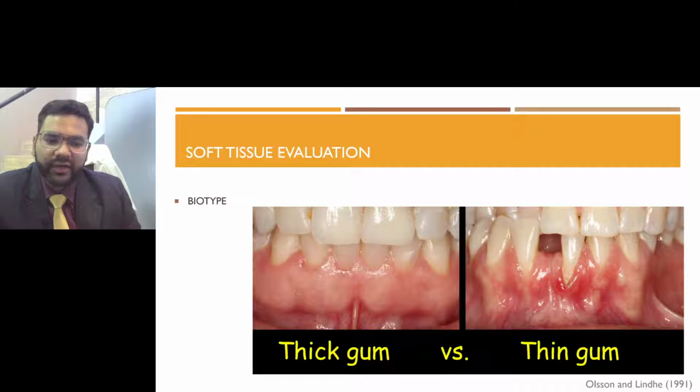Now we have come to understand that the existing periodontal tissue biotype plays a very important role when planning for any implant procedure. Hence, Lindhe has subdivided the periodontal tissue into 2 types, thin and scalloped, and thick and flat. The periodontal biotype renders its own characteristic to the final surgical outcome. The clinician should take the periodontal biotype into consideration when choosing a certain treatment modality, because a thick periodontal biotype is typically more forgiving of any surgical procedure compared to a thin biotype.